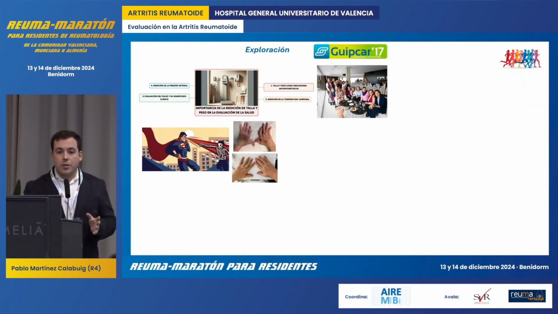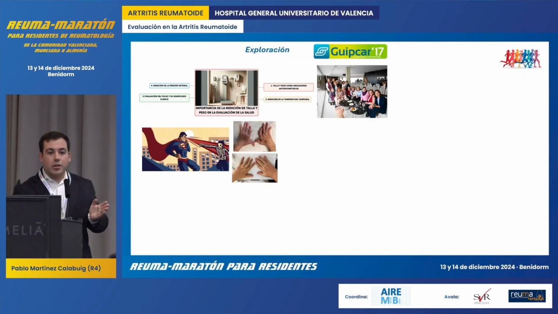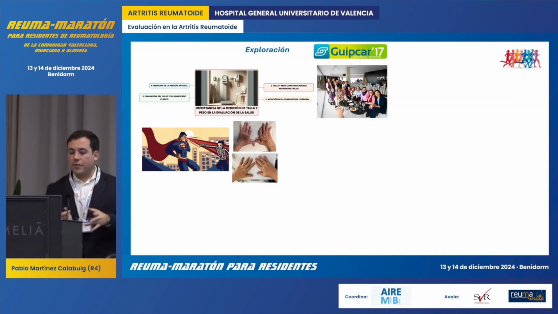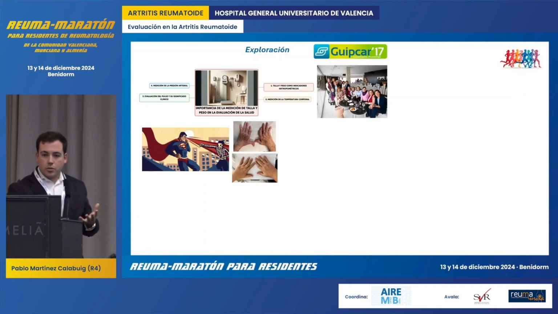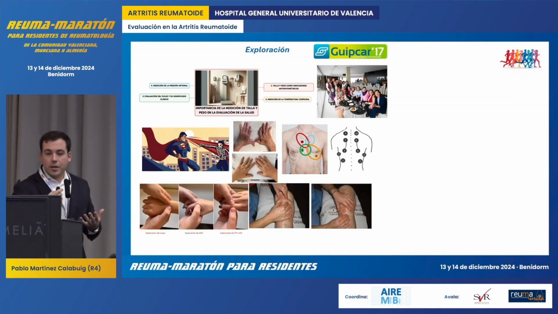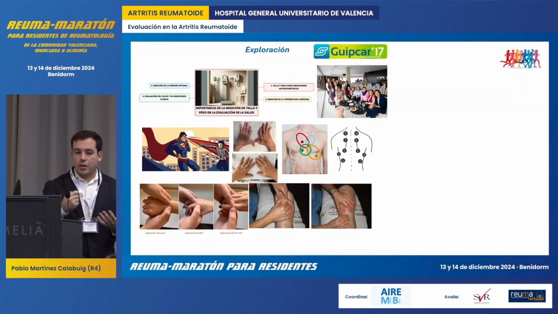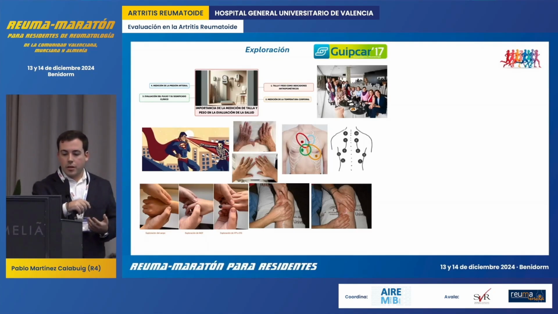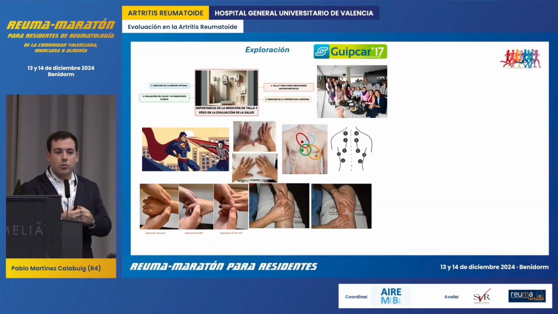Many of you probably experience the same thing I do. The patient hasn't even walked in yet, and I'm already mentally scanning them from head to toe to see if they have any joint issues, if they're limping or not, if there's any deformity, any erosion. But we shouldn't just focus on this, on our physical examination. We also need to, as we were saying, assess all the extra-articular manifestations that may be related to rheumatoid arthritis. A cardiac examination, a pulmonary examination, and when we're examining all the joints, we need to pay